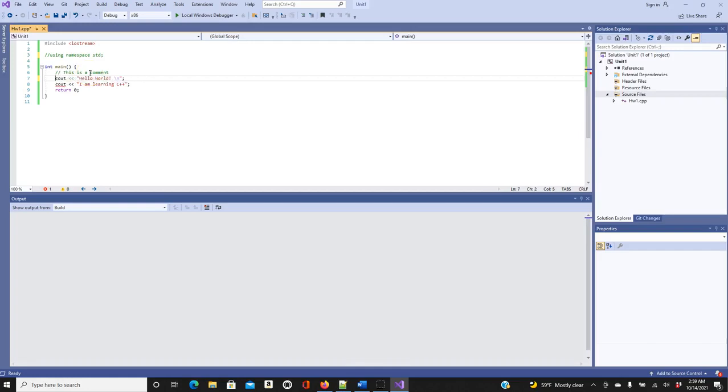For instance, if you skip this guy here, then it's going to be a problem, and you can see that there are already some problems here. Because you commented this out, it doesn't know what this guy is, so it says this guy is undefined because it doesn't know where it comes from. To fix this, you have to use standard here, std, if you don't want to use this guy here.